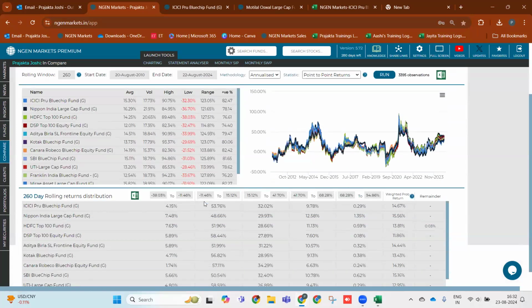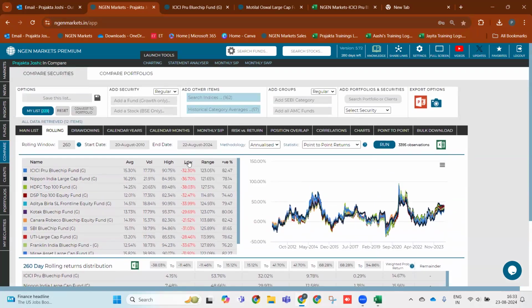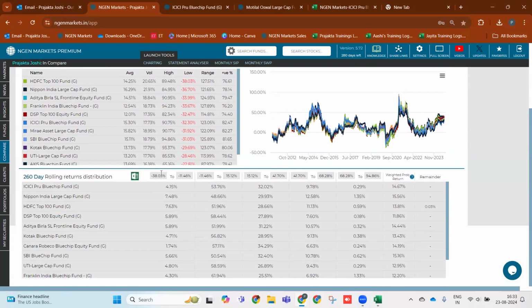Now, what we are focusing on is the rolling returns distribution. What you see right here are 5 buckets. This is bucket number 1, this is bucket number 2, 3, 4, and 5. This typically tells you the probability of each of these funds generating a return in the return period under consideration. By default, what it will load as the first interval's starting bucket, or the lower interval, is the